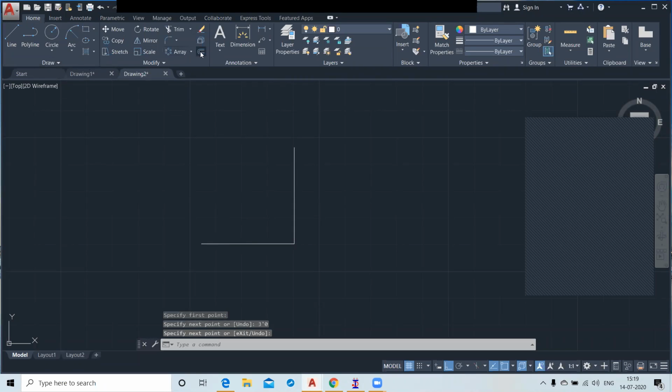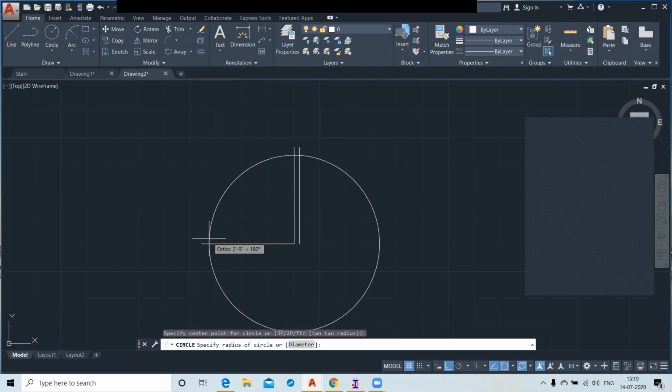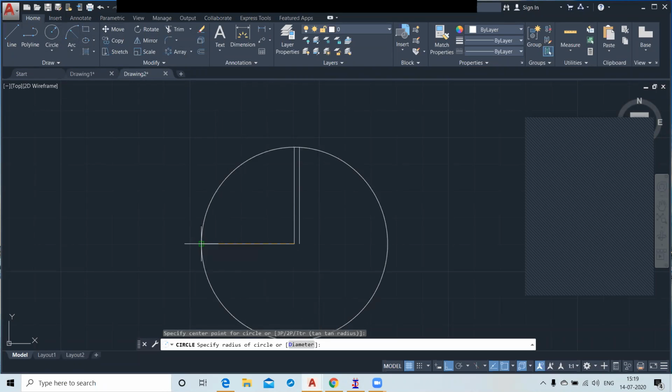Now give an offset of 2 inch here, and draw a circle like this, and trim the remaining part of your circle, and join here.